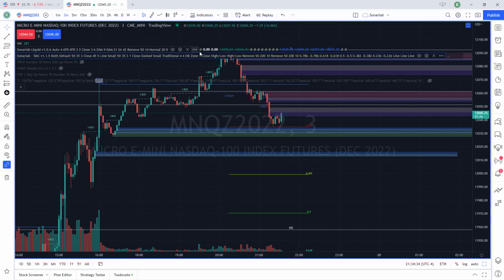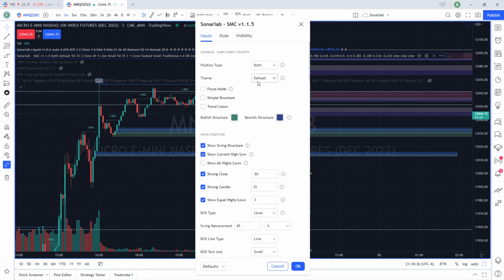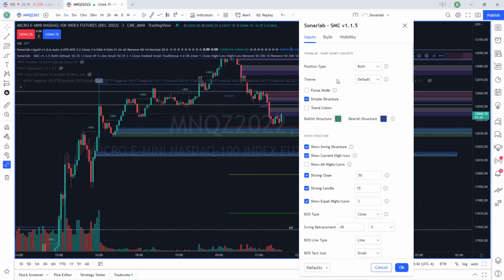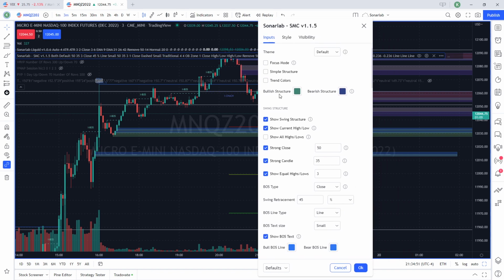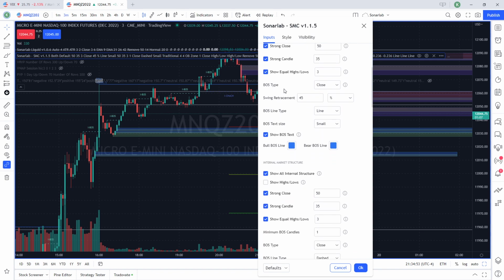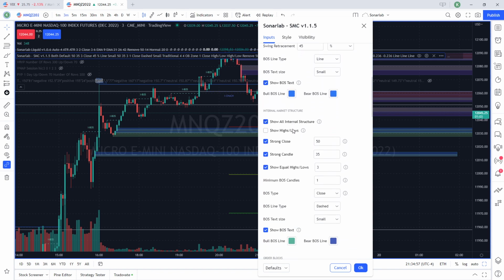Now this is just my color scheme, and just to review this quickly, again, I highly recommend you play with some of these settings. You can turn on this simple structure indicator, which will help show the trend structure, things like that. You can change the candle colors if you want with trend colors. I leave that stuff off, and I do have it show the break of structures. I do have it show